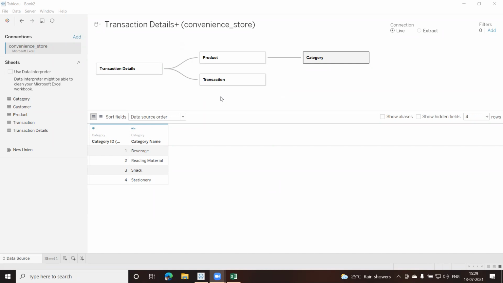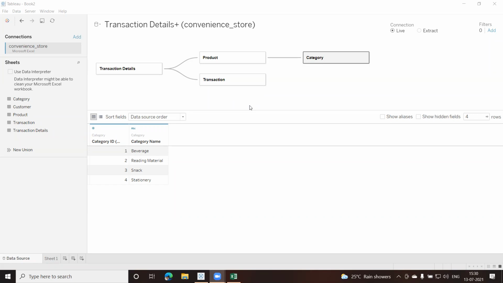So two people come in and buy the product, the items are physically different because the quantities are different, but their product ID is the same. Let us say product ID 1. I also buy product ID 1, you also buy product ID 1. That means the relationship between these two tables is many to many. And whenever you have a many to many relationship, we create a third table to handle this situation.